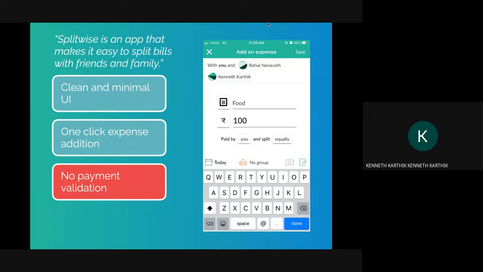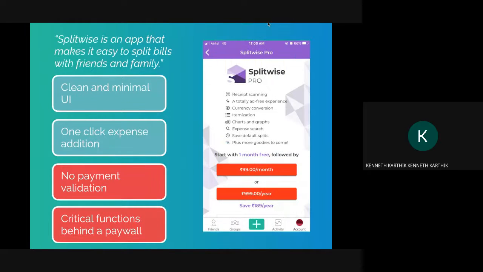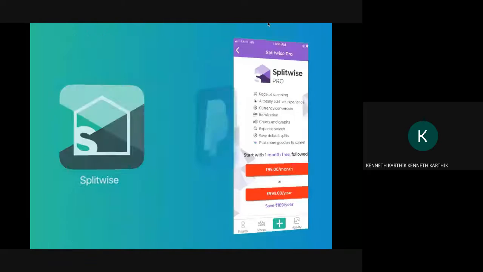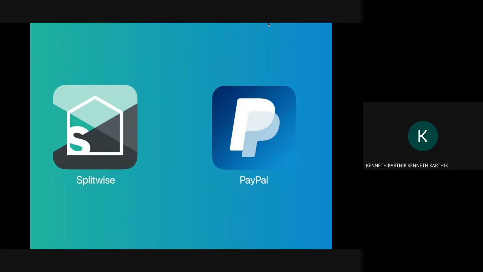I don't use the application now, so I don't know how it is now, but at the time there was no way of actually checking if your payment was done or not. And they also had a lot of actually beneficial functions which were behind a paywall. That's understandable since they are not a payment application by themselves, so they couldn't really provide those features for free. So that was Splitwise.